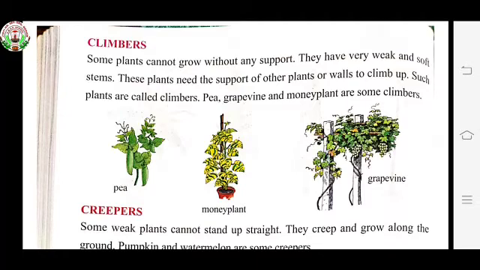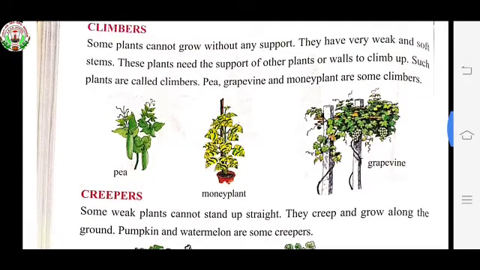So children, we have already discussed in our previous class about climbers, that these plants do not have branches, do not have strong stems. They are very weak and they need some support to climb. So that's why they are called climbers, because they need support to grow. They have very weak and soft stems.